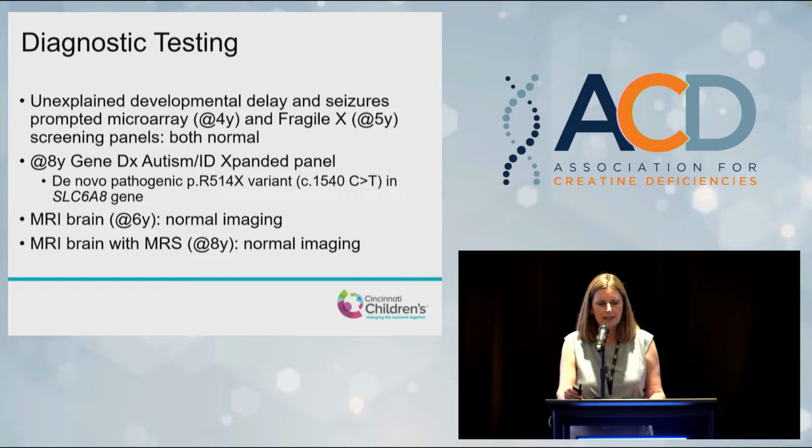The geneticist had performed a microarray test and Fragile X screening panels. Both were normal, but the important thing for her was getting this autism intellectual disability expanded panel that revealed a de novo pathogenic mutation. Again, her brain imaging at age 6 was normal, but at age 8, the physicians ordered spectroscopy,